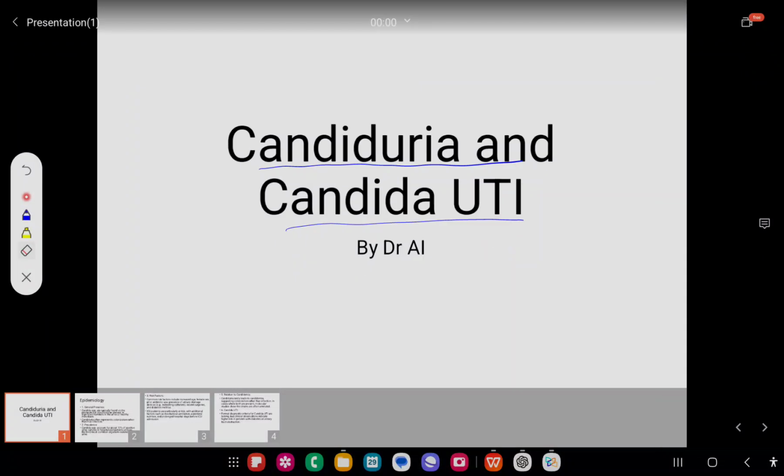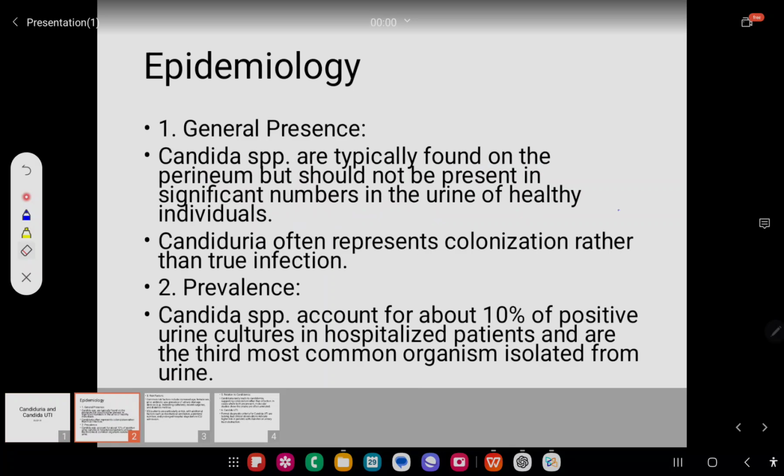Today I am going to discuss the topic of Candiduria and Candida UTI. First I am going to describe the epidemiology. General presence of Candida